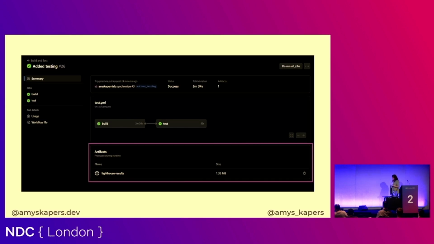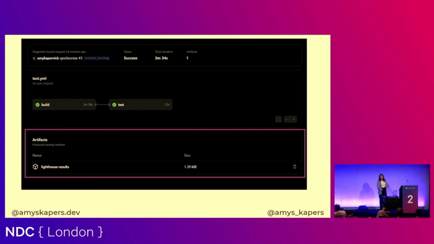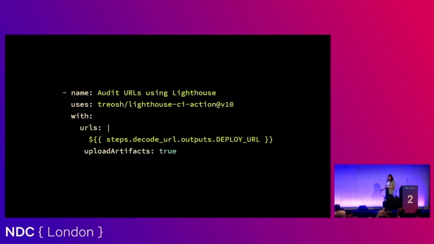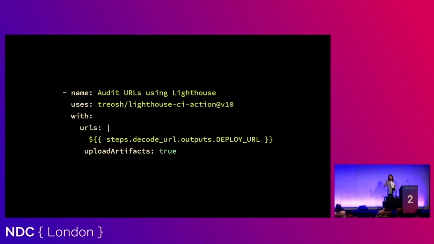And after our Lighthouse action test has run, we can see everything has passed, and it has also added an artifact to our GitHub action. If we have a look at Lighthouse, we gave it a config option of upload artifacts is true. By default, Lighthouse will generate a nice little HTML report for us. It lets us know what passed, what didn't, what recommendations it has to make, that whole thing. This will then upload it to the GitHub action, and we're able to download that report